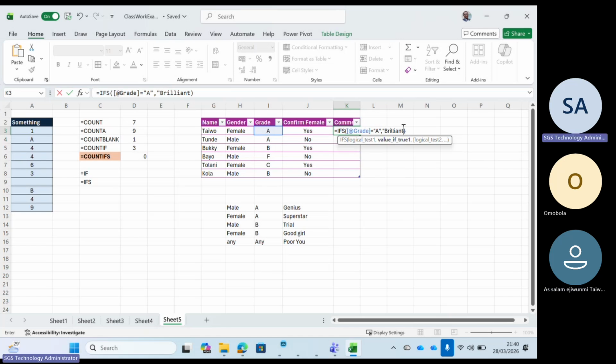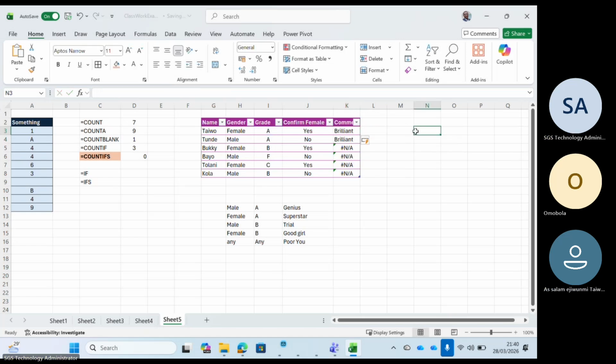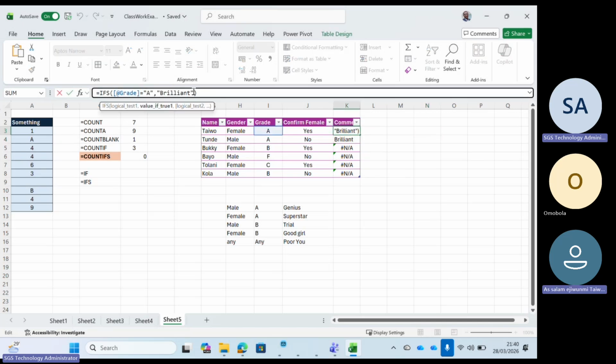What does that give us? We have two people there that have grade A, and then we have brilliant first, because I want to make it simple before we go complex. So let's move on with the complex one. Now, logical test two. If this equals female,